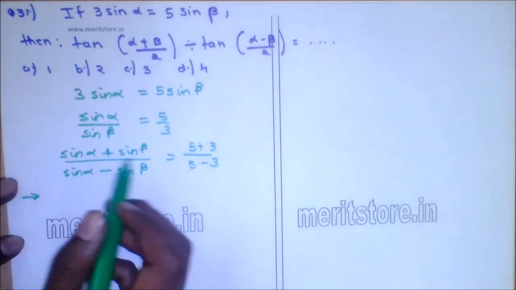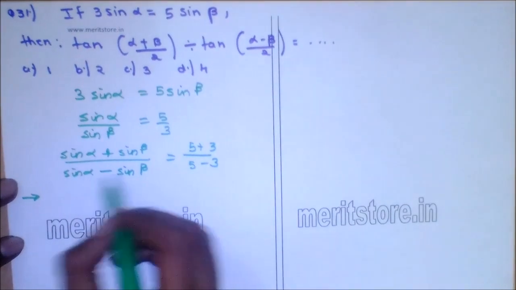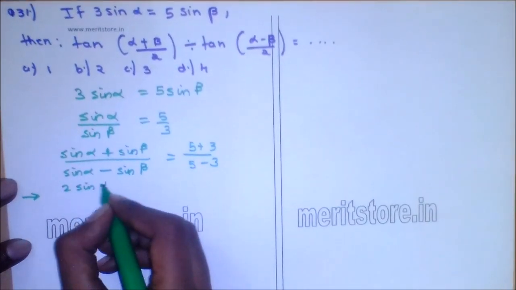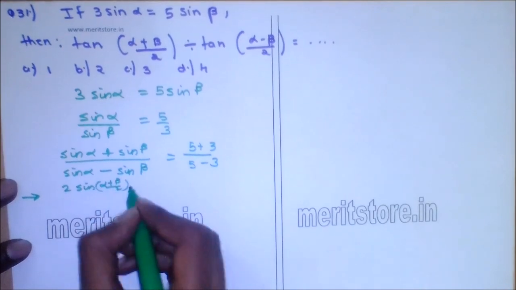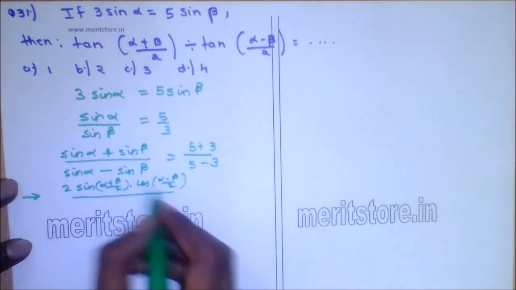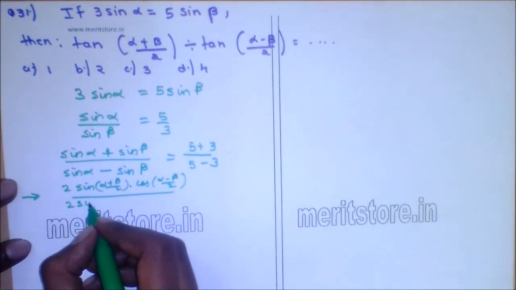Now we use sin A plus sin B formula and sin A minus sin B formula respectively. So we get 2 sin (alpha plus beta)/2 cos (alpha minus beta)/2 divided by 2 cos